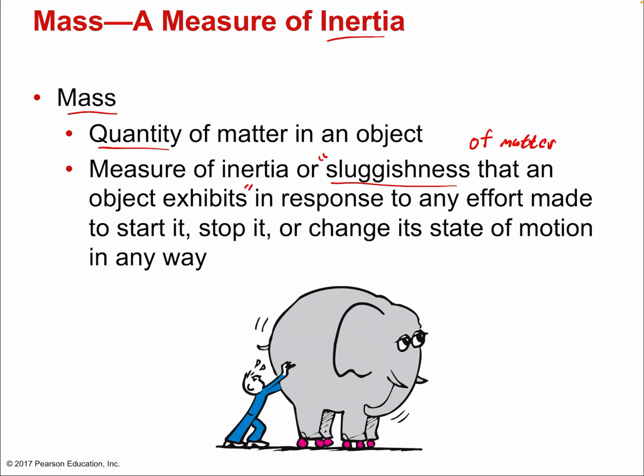Okay? That means that things that have more mass, thus more inertia, are harder to get started moving. And they also take more to stop them. Like this person pushing on an elephant, it's hard to get the elephant to start moving. You have to push a lot in order to get the elephant to move at first very slow speed. See? Because an elephant has a lot of inertia.